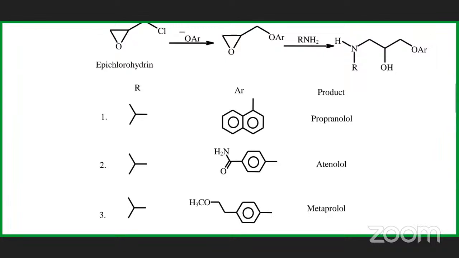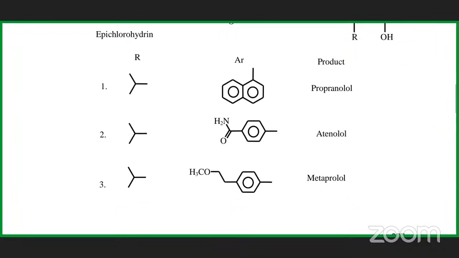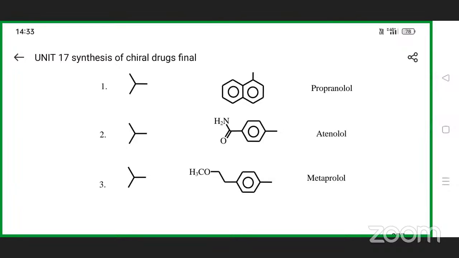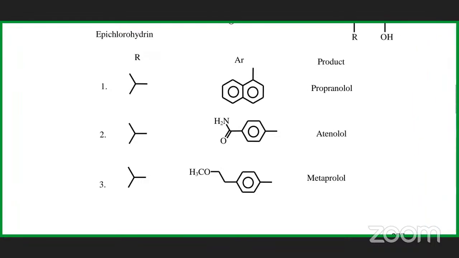Yeah, benzamide. So you use the benzamide here, and it becomes atenolol. For example, if you want to synthesize metoprolol, as usual the base should be used, isopropylamine. In all cases, to synthesize propranolol, atenolol, and metoprolol, the base used is the isopropylamine only,